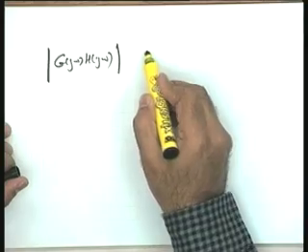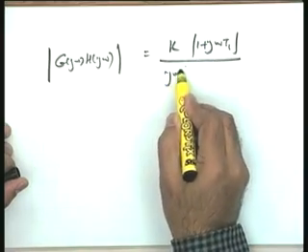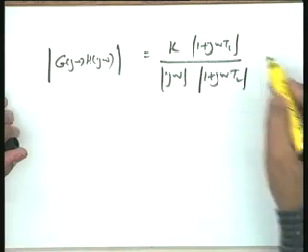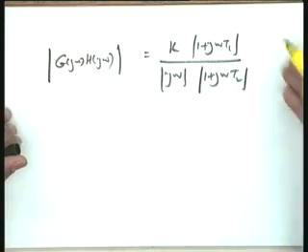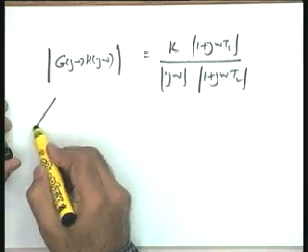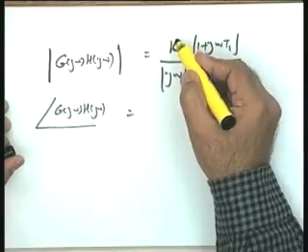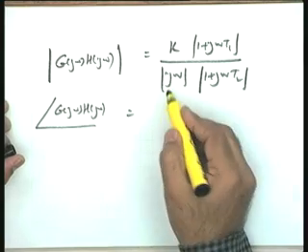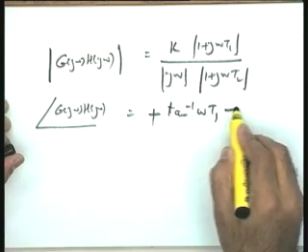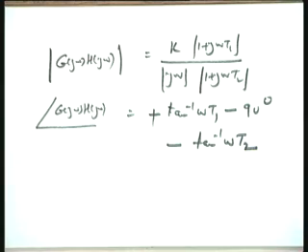The magnitude of this, as you see, is K, magnitude of (1 + jωT1), magnitude of jω, magnitude of (1 + jωT2). I hope you won't mind if I don't write additional terms. When I take the general case, I will be able to write the additional terms also quickly without any difficulty. This is magnitude. How about the angle, please? Angle of G(jω)H(jω) is equal to, help me please, as far as the angle contribution of K is concerned, it is 0. So, it is plus tangent inverse ωT1 minus 90 degrees minus tangent inverse ωT2, this becomes the angle.